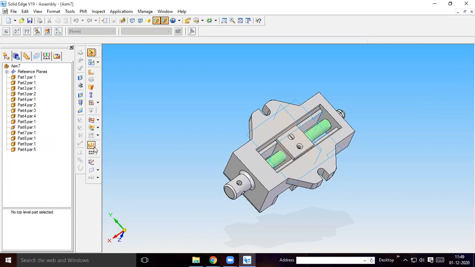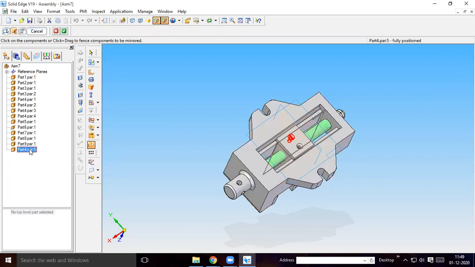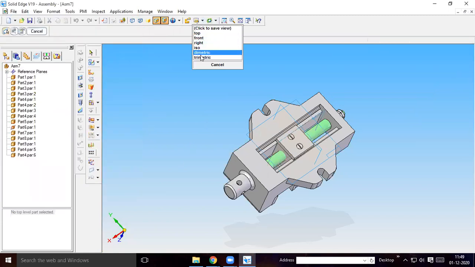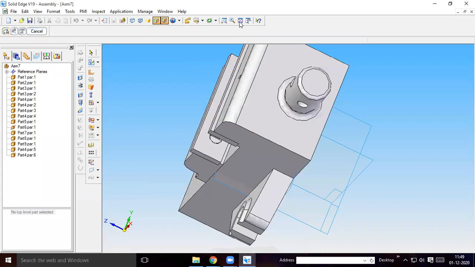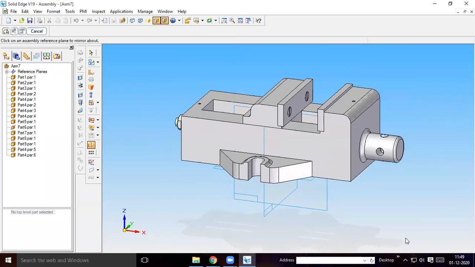Okay, what I will do here, mirror. I will select this plane, select this screw. Okay, then okay, then finish. Like this, you have to assemble. Keep it symmetric. Is it clear? Now the assembly is completed. Is it clear? Yes, sir.